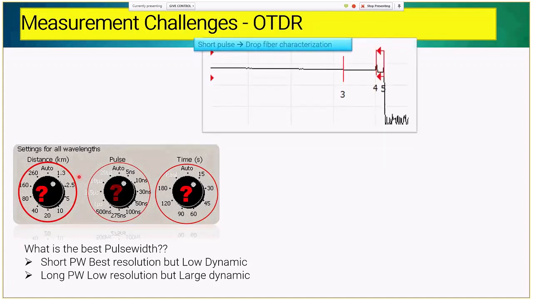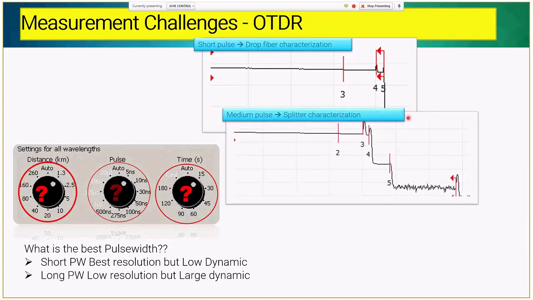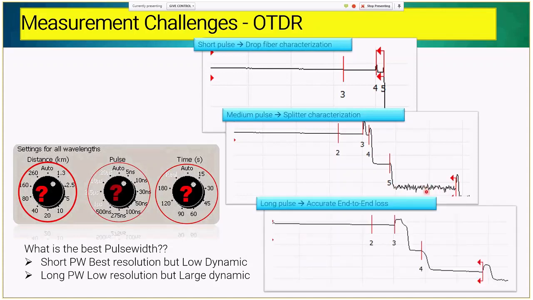Should I go for a short pulse where I can go up to event 5 and then I have this noise dropping, or should I go for a medium pulse, which I can already see some events here, can see a drop, and here you have already indication that I have perhaps 2 splitters. One I can identify clearly, the other one I don't know. I can see already a big drop, then I can see my end of the fiber here, but it's still noisy. Or should I go for a long pulse